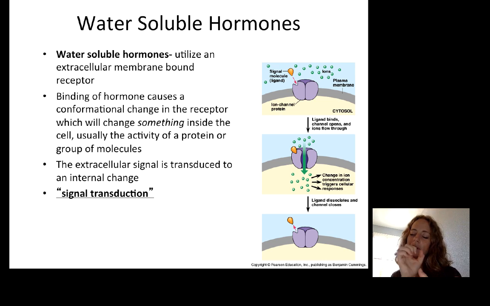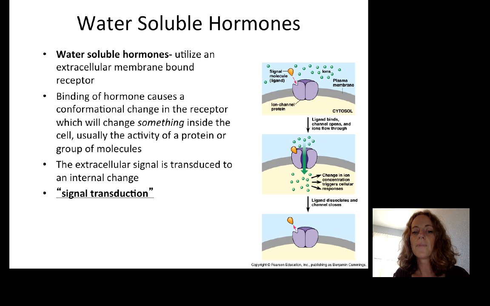So what actually happens when these chemicals bind to the protein is it will change the shape of that receptor. Sometimes changing the shape of that receptor will open it up, like in the case of the ion channels, and ions can pass through. Sometimes it causes it just to bump into other molecules downstream. In either case, that conformational or shape change in the receptor because of the binding of the chemical will change something